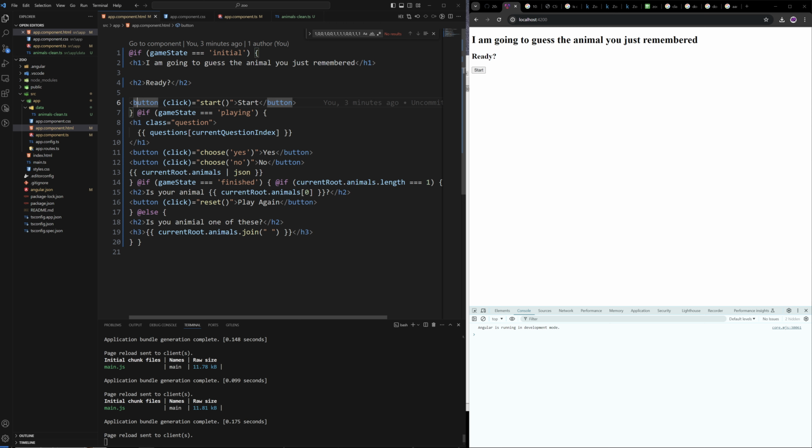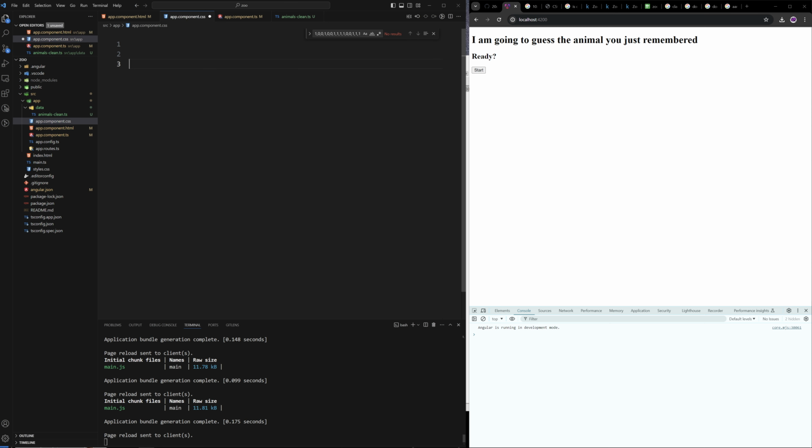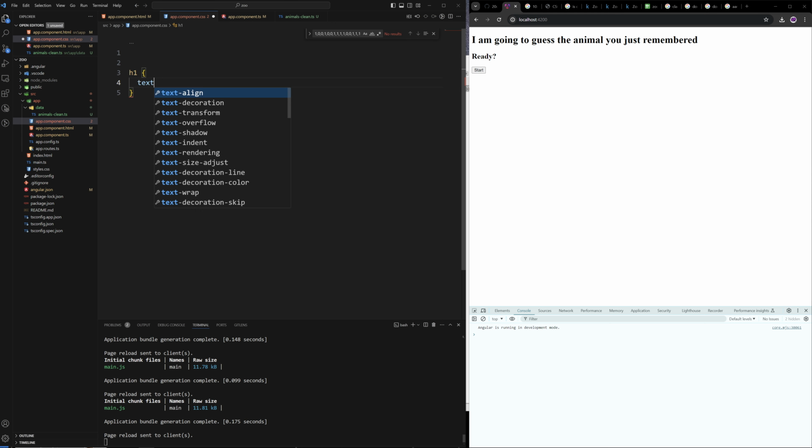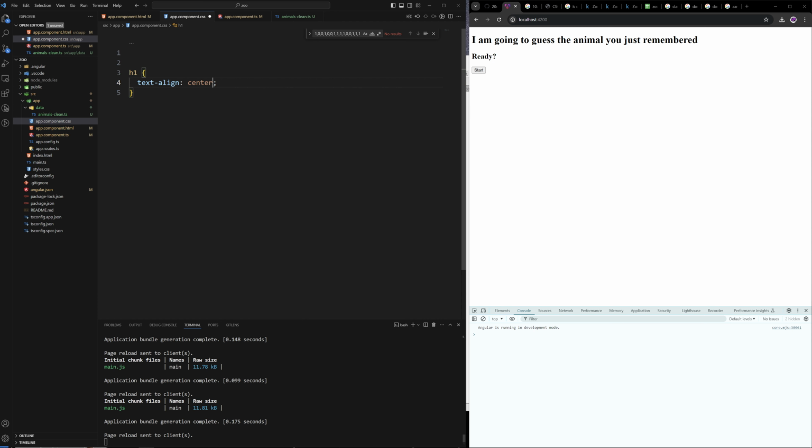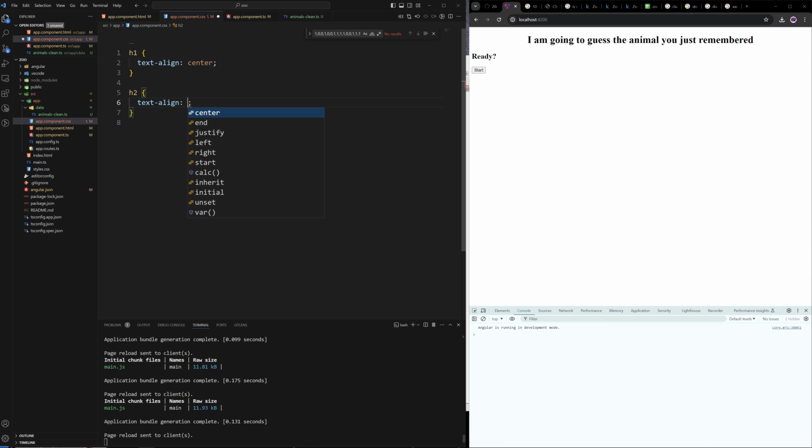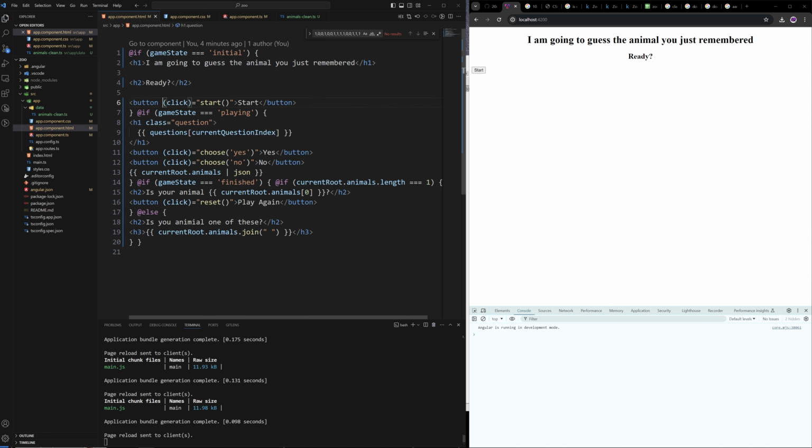Maybe I should just do global. I mean, not global. I just want some generic styling: text align center, H2, text align center also. Okay, and then for buttons,